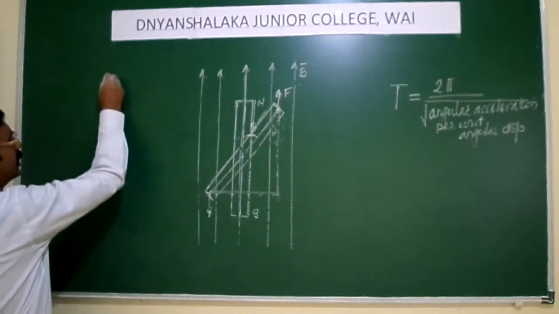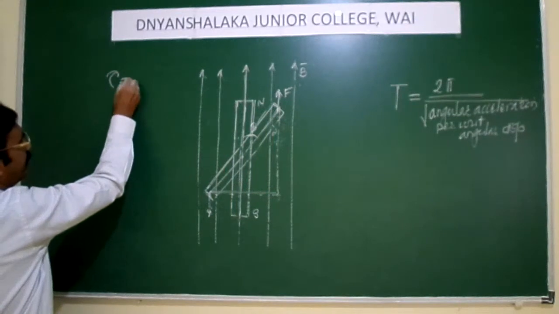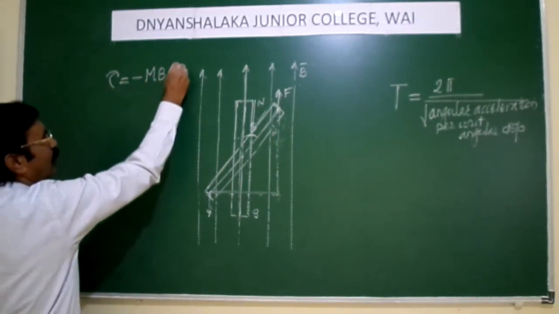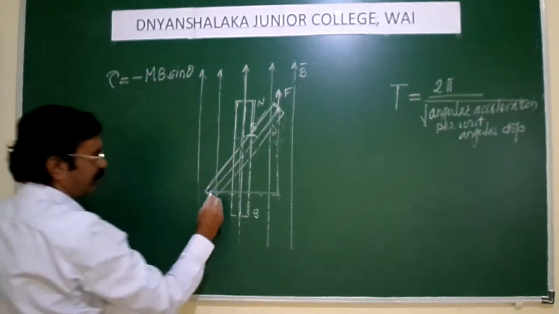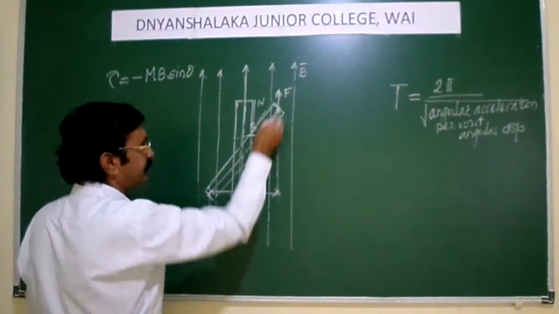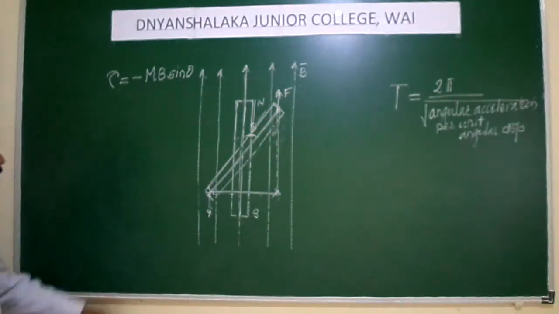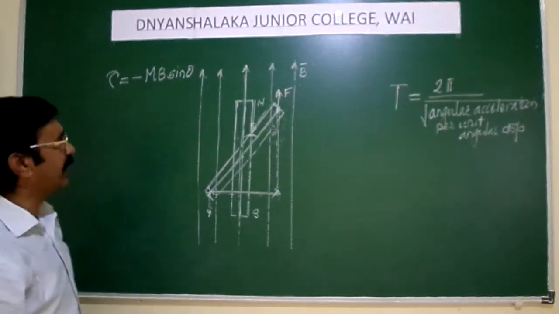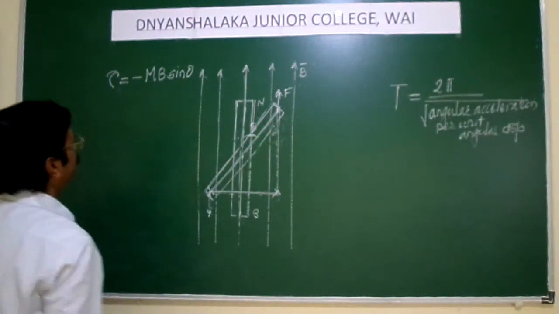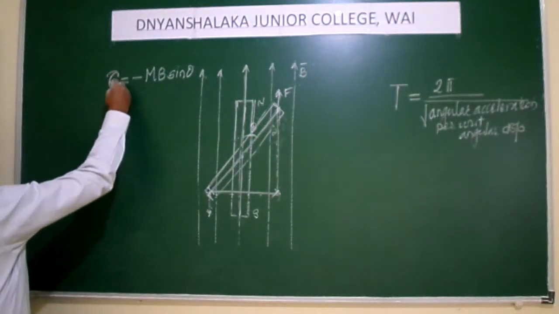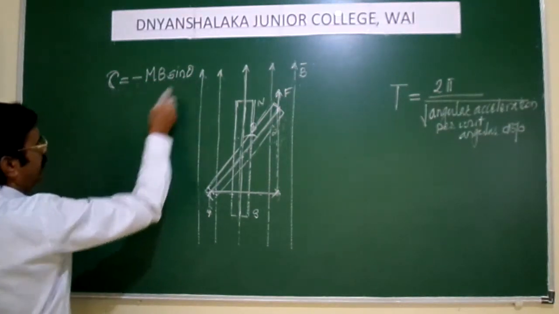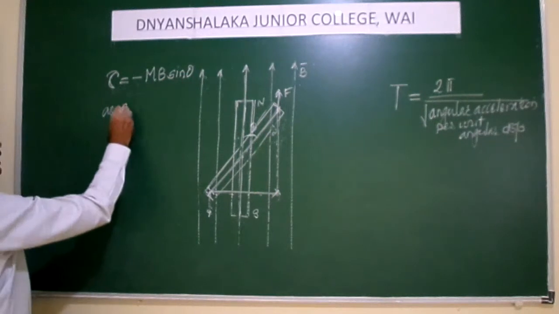So here the restoring torque is given as minus MB sine of theta. This is the perpendicular distance as we find between the two forces acting, and so sine of theta is opposite side upon hypotenuse. And so here we can say that torque is equal to minus MB sine of theta,